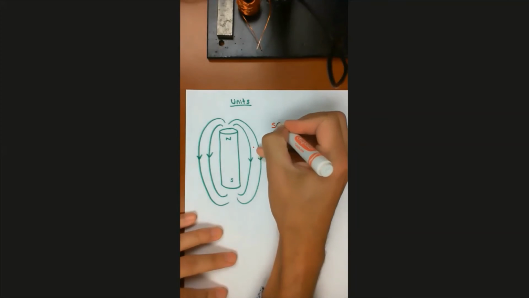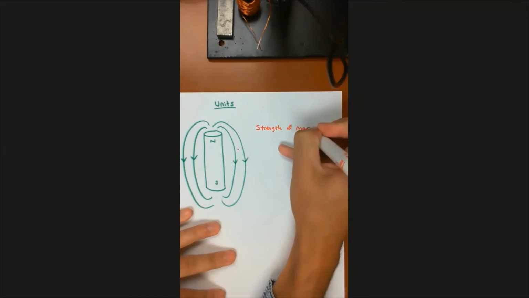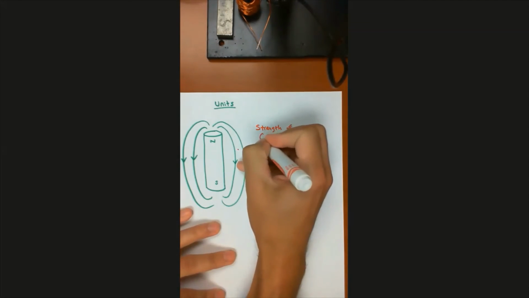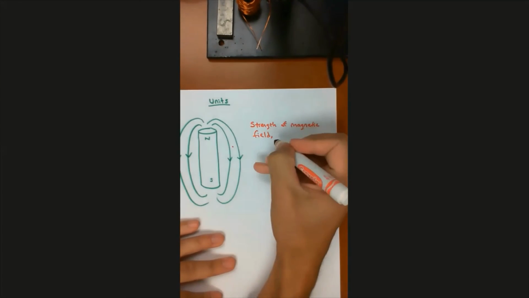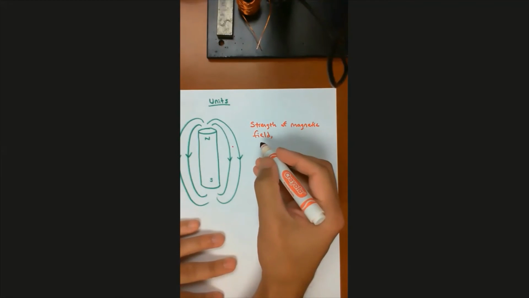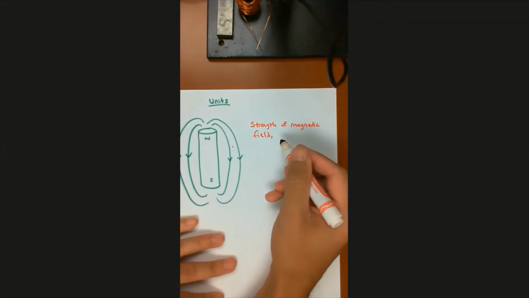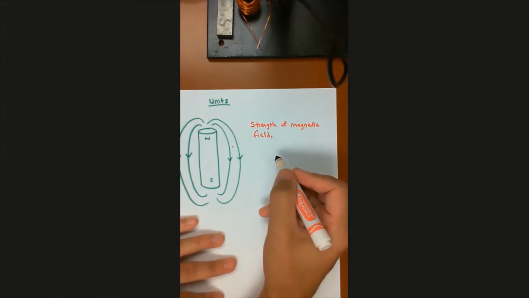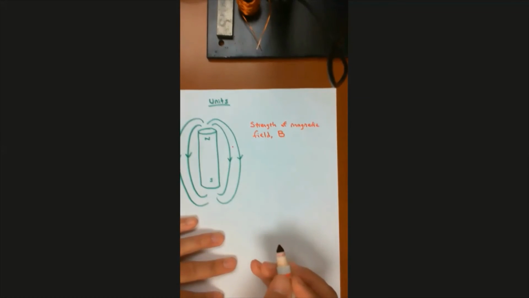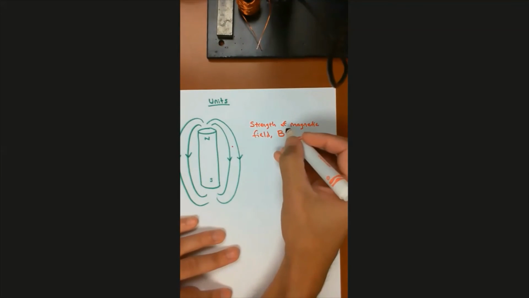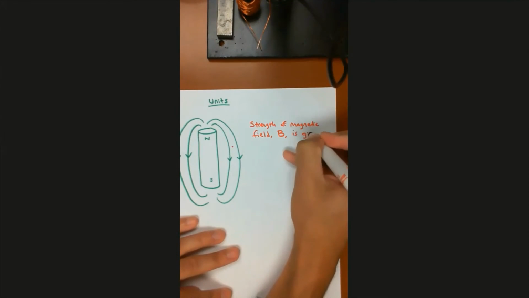So the strength of the magnetic field, by the way, I may as well introduce the variable at this point in time too. The variable that we use to say the strength of the magnetic field, because we're not going to want to write out "strength of magnetic field" and "magnetic field" all the time, is B. So the variable is B, and the strength of B, or the strength of the magnetic field, B, is given by